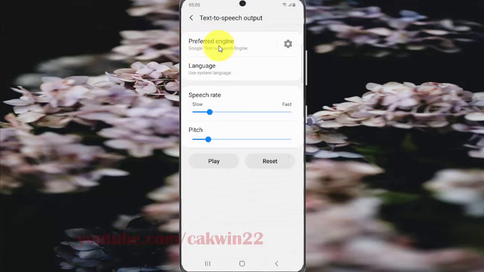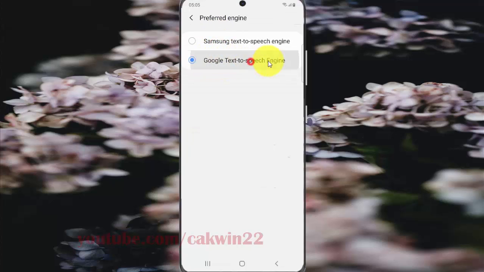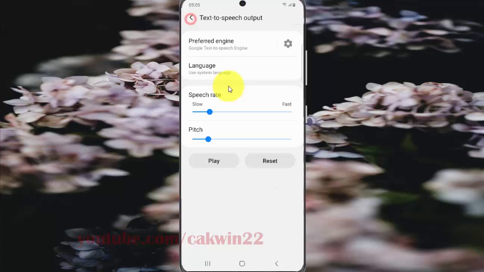You must set the preferred engine as the Google text to speech engine. First tap preferred engine and then select Google text to speech engine. Okay, tap